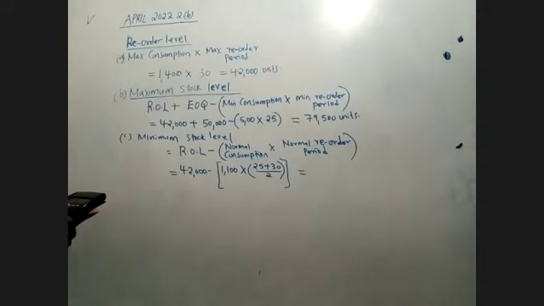So 42,000 minus 1,100 times 25 plus 30 divided by 2. Then 42,000 minus answer. This one is